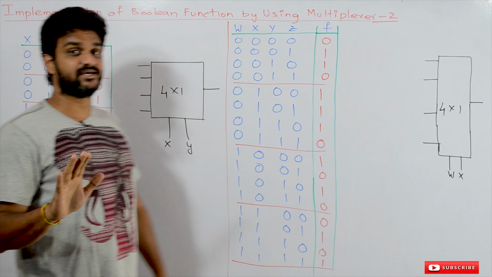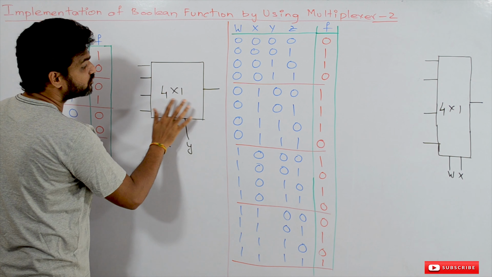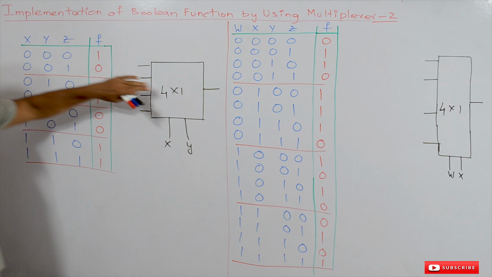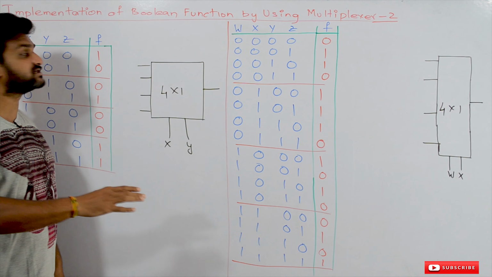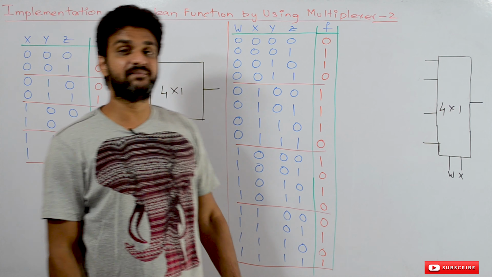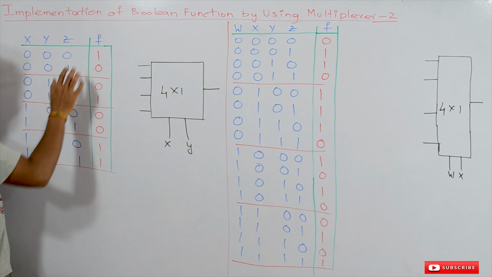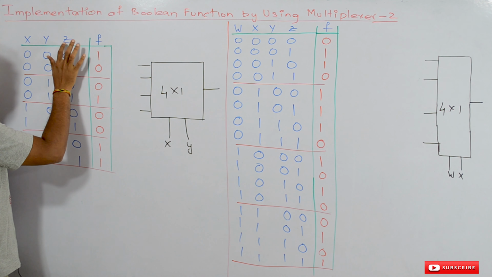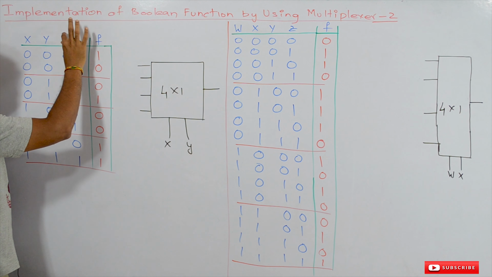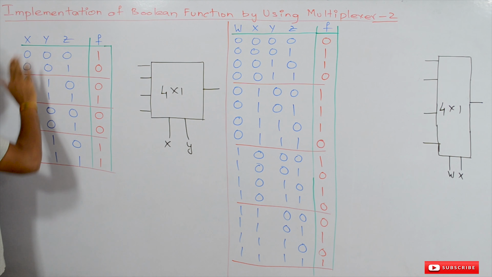But what they are asking is that we have to implement this function on a 4 by 1 multiplexer. So this function can be implemented by using an 8 by 1 multiplexer, but they are asking us to implement it by using a 4 by 1 multiplexer. How to implement it? The best way is to compare the function with respect to the other input. The input that we are going to remove from this, based upon that input, try to compare the given function for the given two inputs.